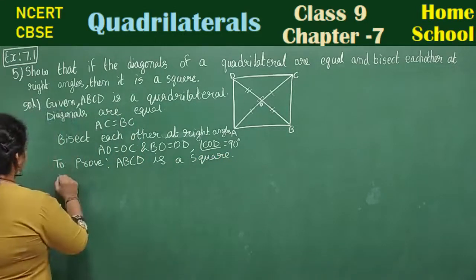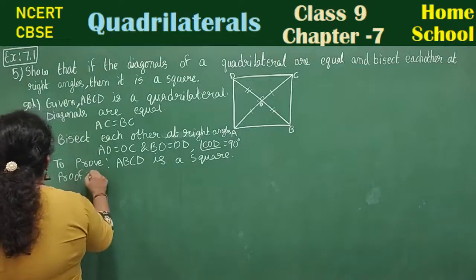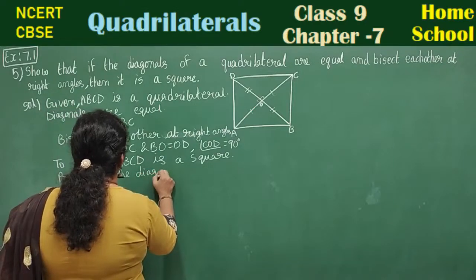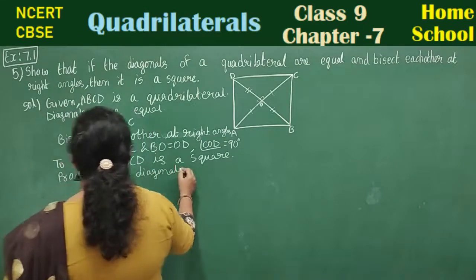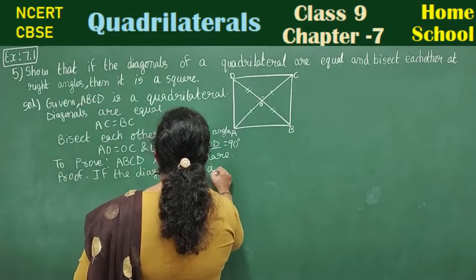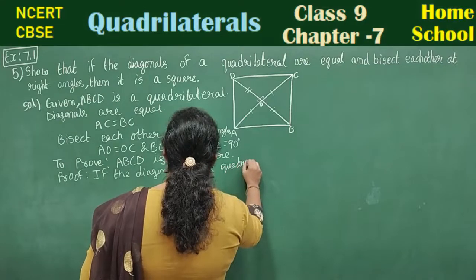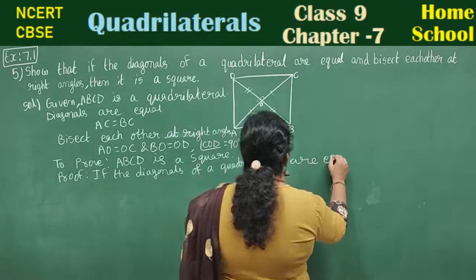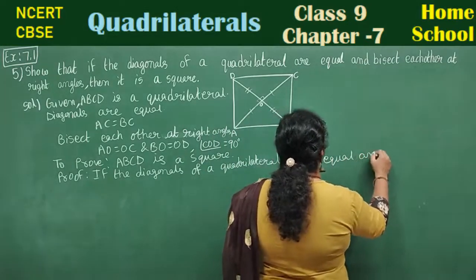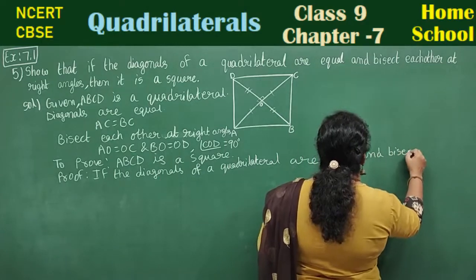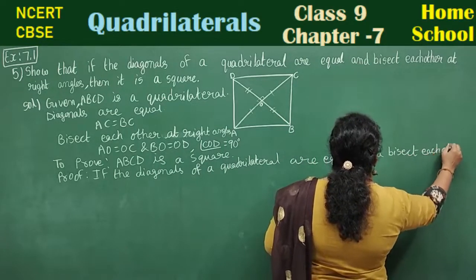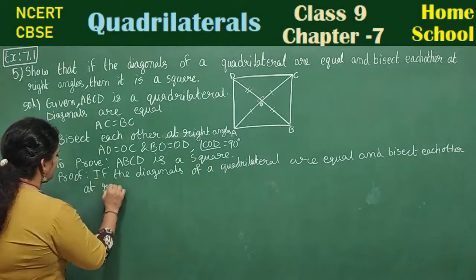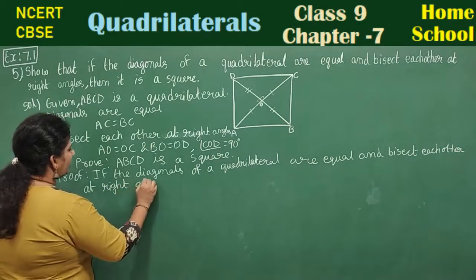Okay, let's start the proof with a statement, that is, if the diagonals of a quadrilateral are equal and bisect each other at right angles,